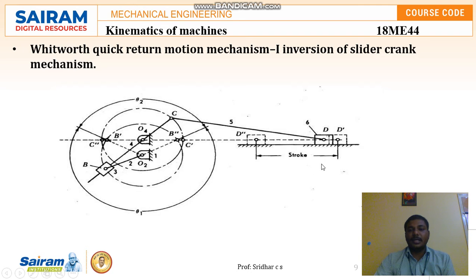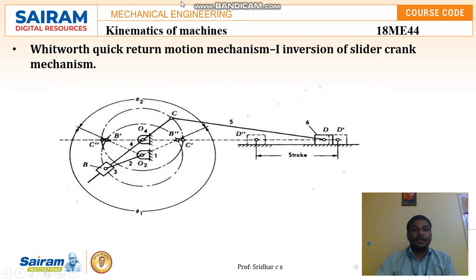When this link moves from B1 to O2 to B double dash, the cutting stroke is completed, which means the tool post has moved to D double dash. The cutting stroke takes place when point B moves from B1 to O2 to B double dash.